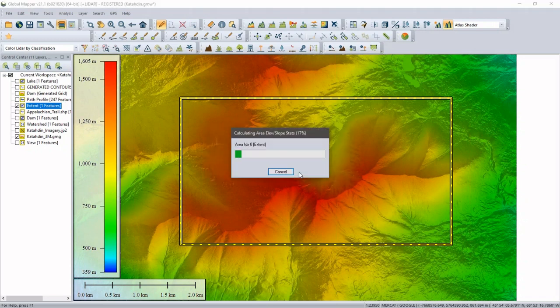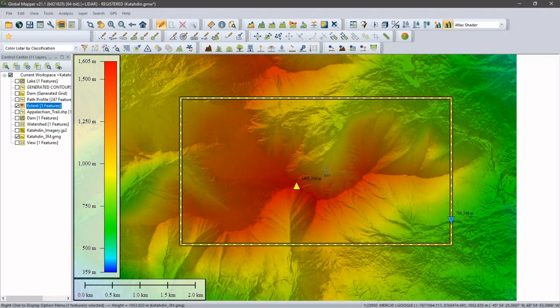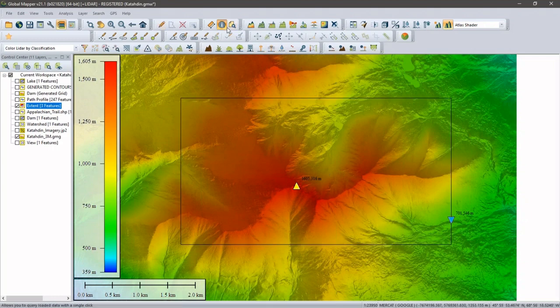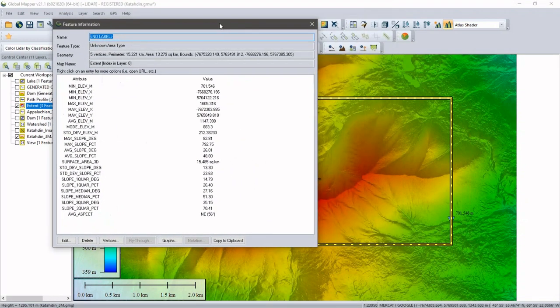And this is going to run through, analyzing literally all the pixels, and it's going to come up with a summary report for me. As you will see in just a second, I'm going to use my info tool to bring this up immediately. If I click the info for the polygon, you'll see attributes that have been assigned to that include